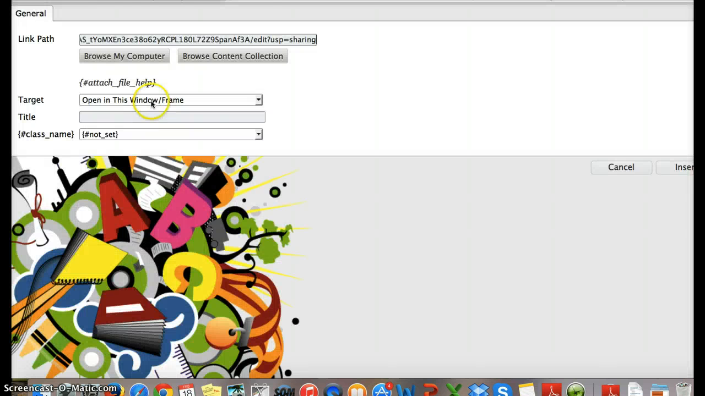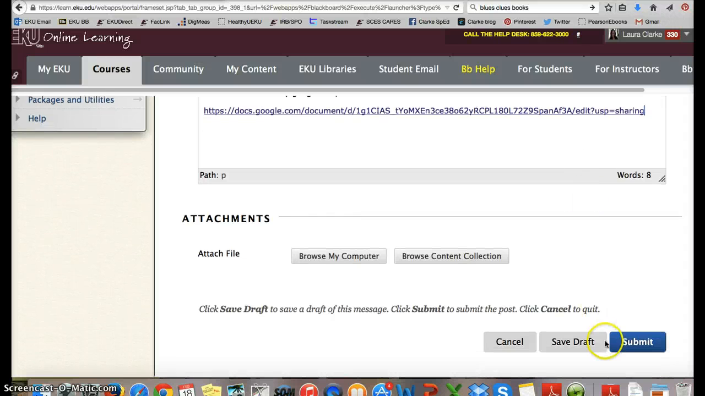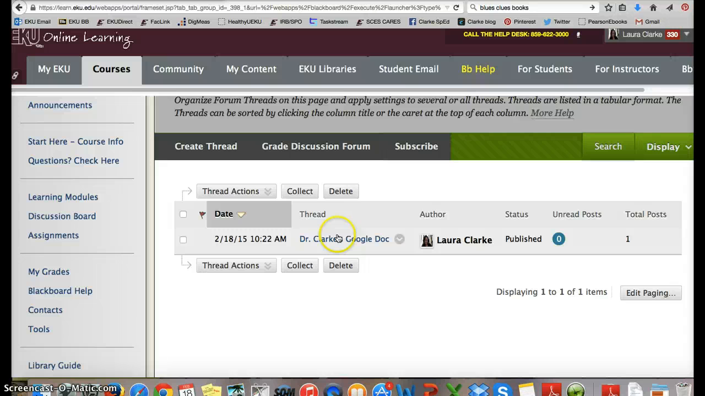And I'm going to click on that little paper clip and paste my link back in there. I'm going to say open it in a new window and insert, and that way it's now a live link. And then I'm going to click submit. So now everybody can see Dr. Clark's Google Doc. I'd like you to include your name here. That helps people out when they're